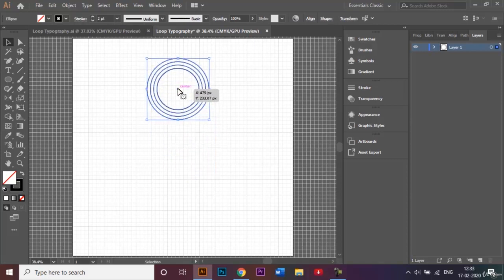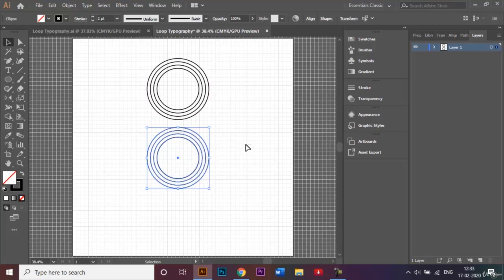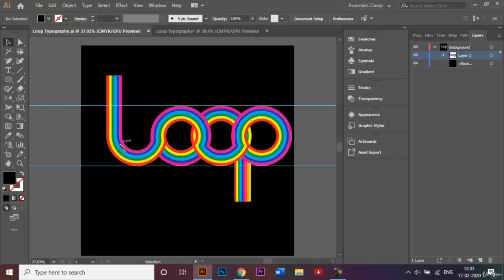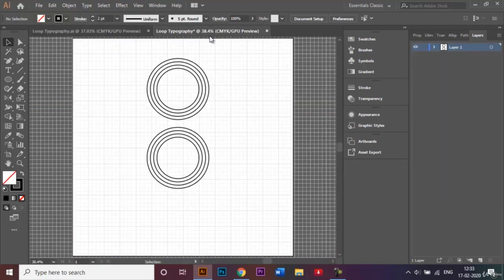What I'm going to do now is I'm going to make a copy of our circle. To do that, while my circle is still selected, all of them actually, click on Alt and drag our mouse like this. Click on Alt and select like that. So now what we're going to do is we're going to make a semicircle, which is this portion, right? To do that, we'll go to the line segment tool and make a line going right across our second circle